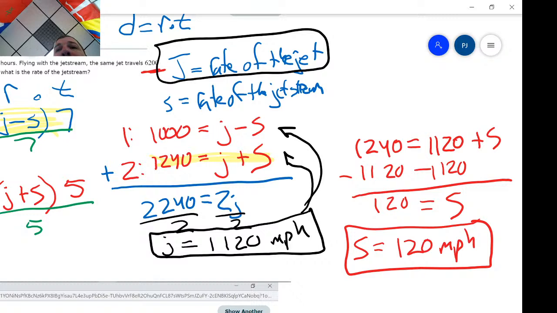Now I'm going to do a second distance equals rate times time problem that's set up just a little bit differently. So I'm starting with two buses, and they leave towns that are 560 miles apart. What I want you to see is the picture. So these towns are this far apart, 560 miles apart, and the buses are going to travel